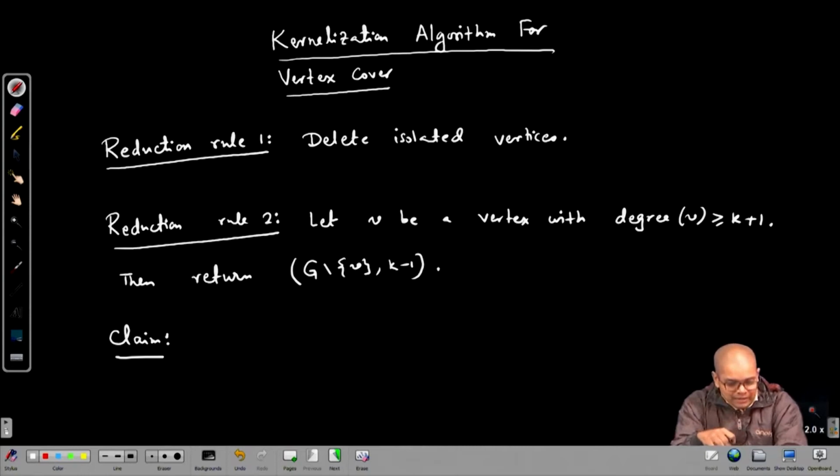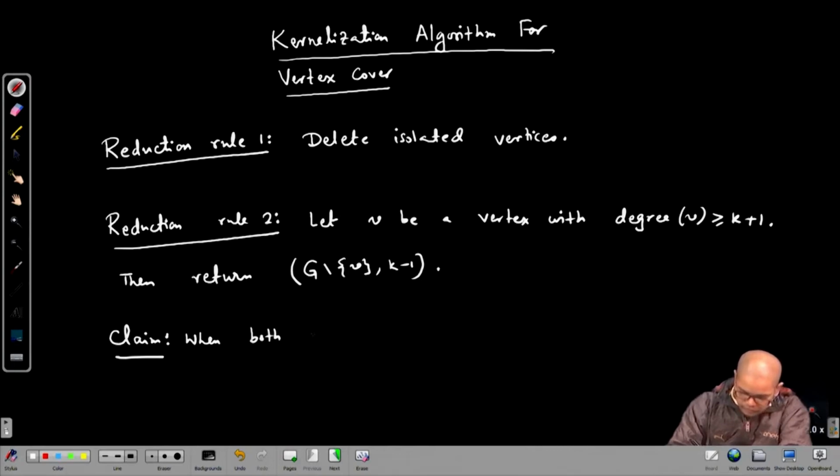Then again we delete the isolated vertex, and we keep applying reduction rules 1 and 2 whenever any one of them is applicable, and when both reduction rules 1 and 2 are not applicable,